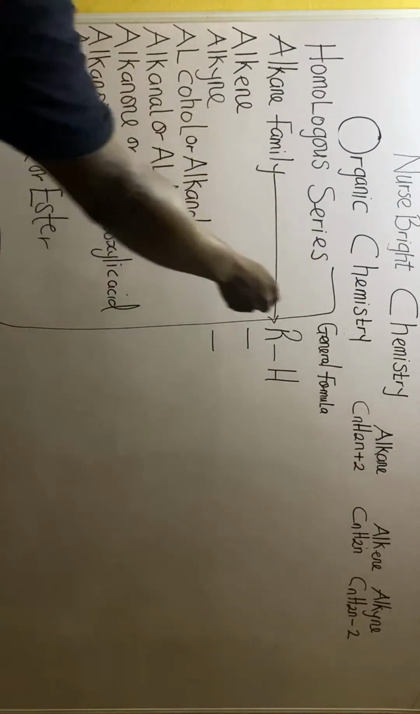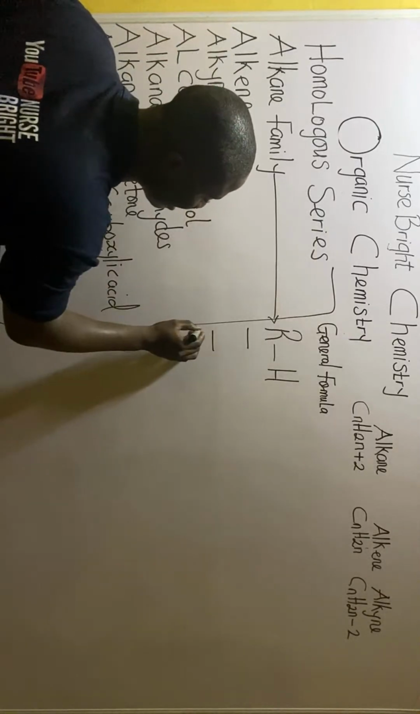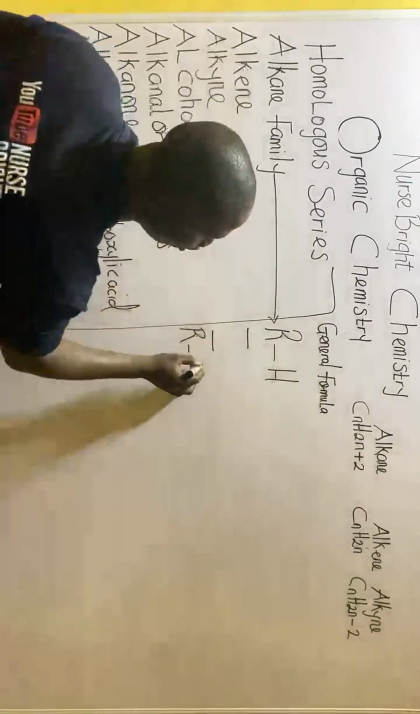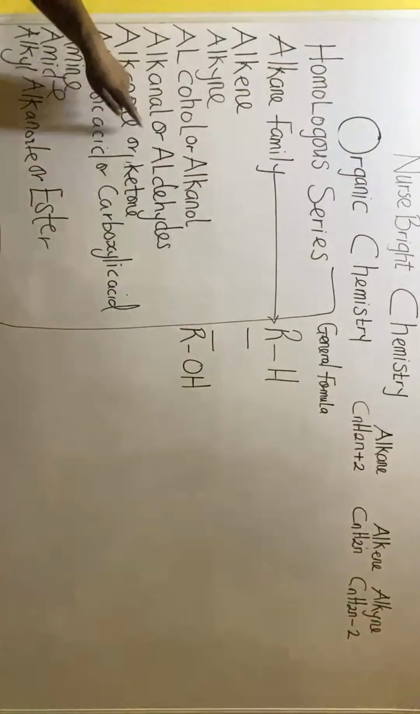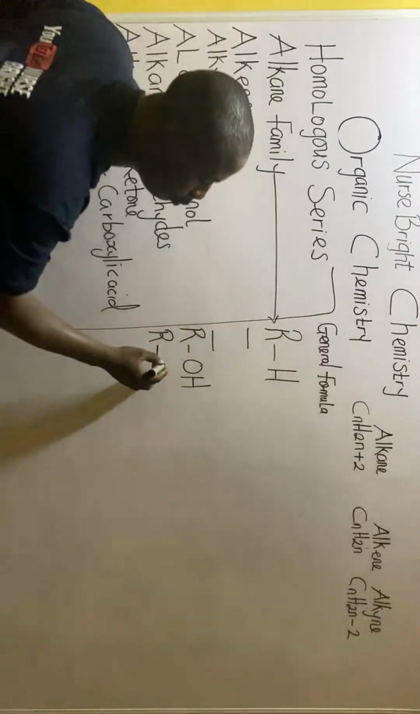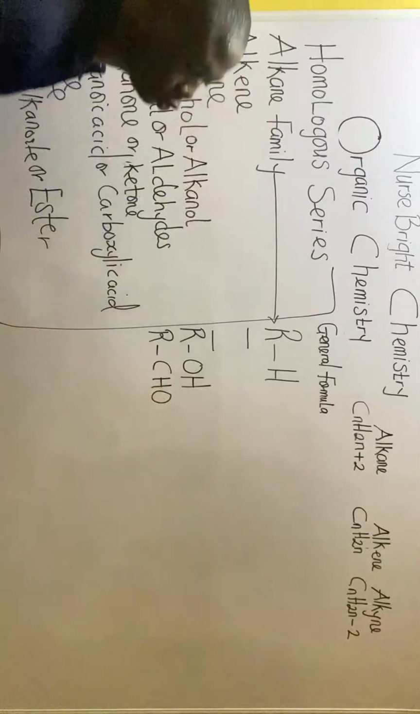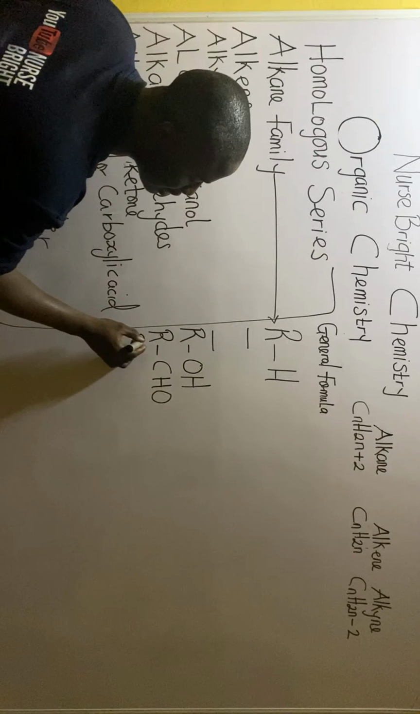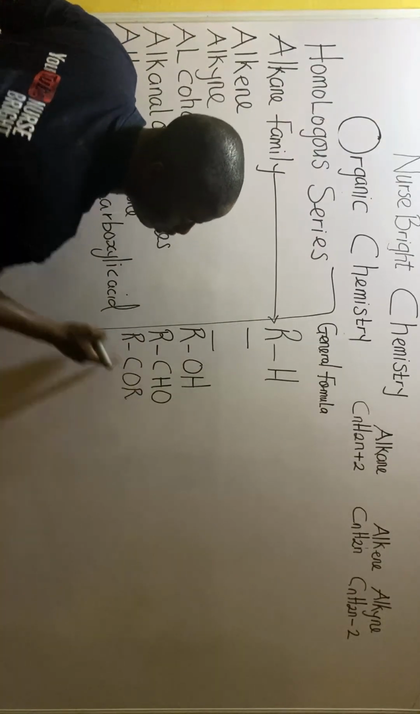So let's finish the general formulas. Alcohols or alkanols, the general formula is R. I'm going to tell you what R means, but first of all, memorize this: R-bond-OH. Just note it. For alkanals or aldehydes, it's R-bond-CHO. For alkanones, also called ketones, that is R-bond-CO, another R,